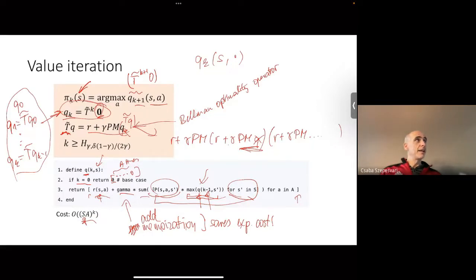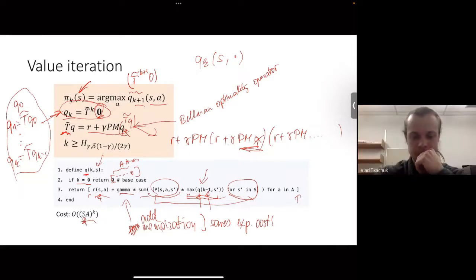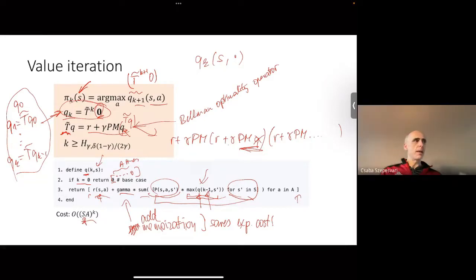I think it's just connecting that these tree-based calculations are really just implementing value iteration in a recursive fashion. I think that's really important, because otherwise it might seem that, okay, this is a little bit different, but no, it's really the same. Yeah, yeah. And if you want to analyze the tree-based calculation, the best way is just to think about it as if it was implementing value iteration. Really.